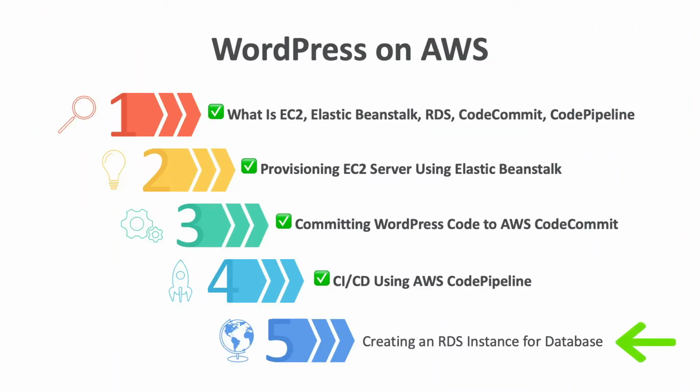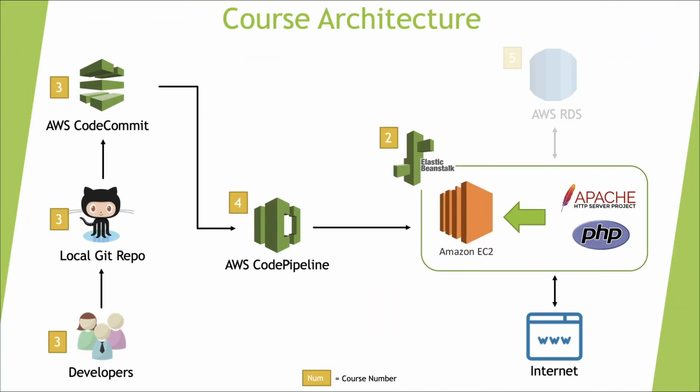Hello and welcome. In this video, we are finally ready to make our WordPress website live by connecting it with a database. This tutorial is the final and fifth in the WordPress on AWS series. In the previous videos, we had set up and configured AWS CodePipeline that automatically pushes our code to our running EC2 instance. In this video, we are going to focus on this portion of our architecture, where we'll create